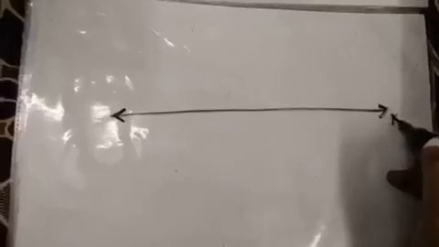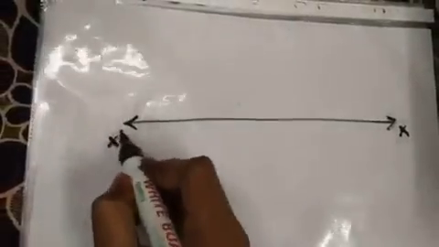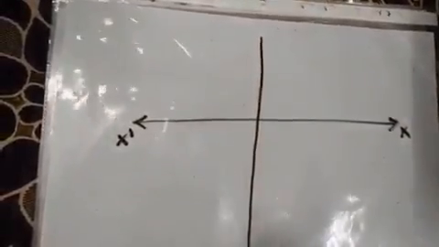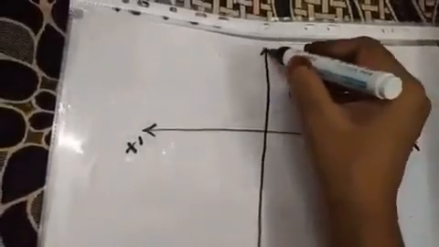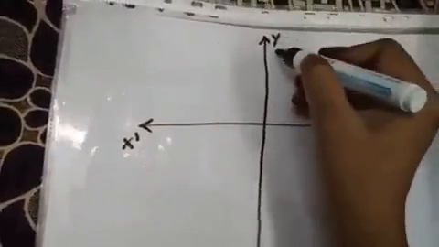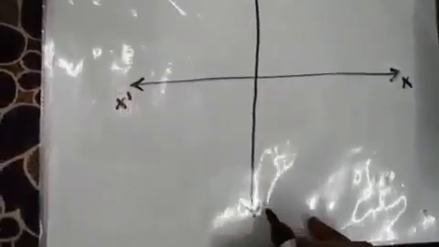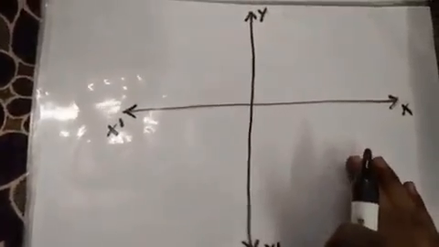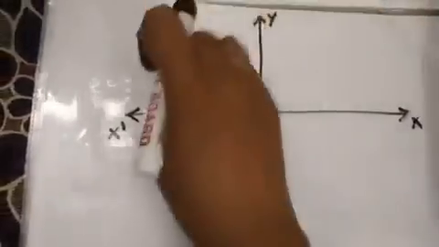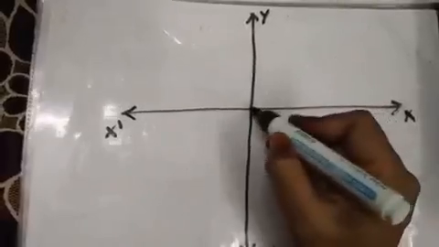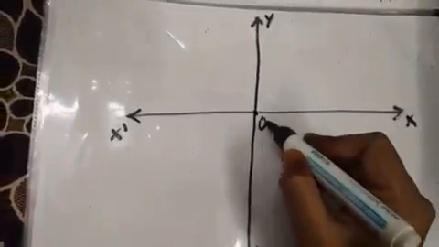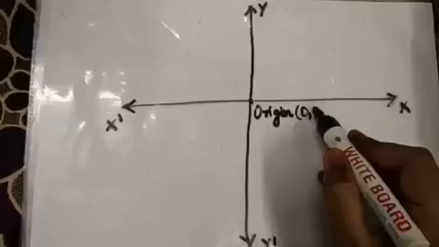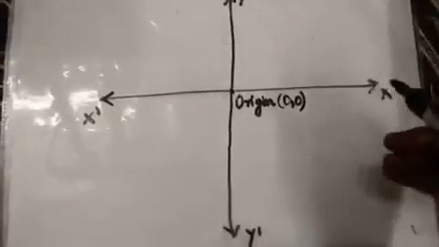This is the x-axis, this is x, and on your left side it will be x dash, which is negative, and in the middle it gets divided by the y-axis. The above one is the positive y-axis and below is y dash, which is negative. So like this my whole plane is divided into 4 different parts, right? And where they are meeting, it is called the origin. You all must be knowing this, but still I am doing a recap so that there is no confusion when we deal with the exercises.